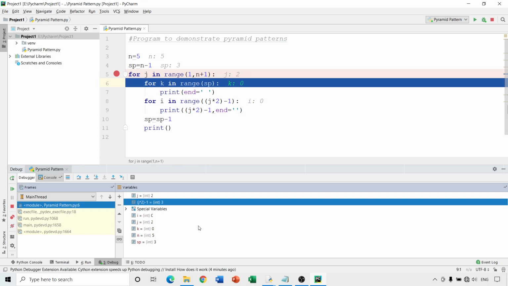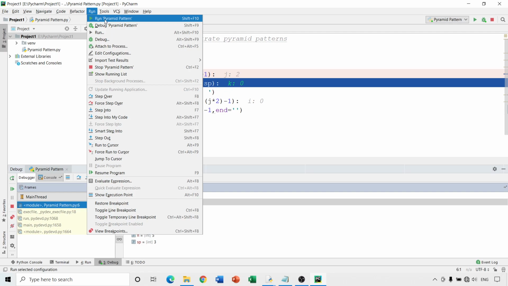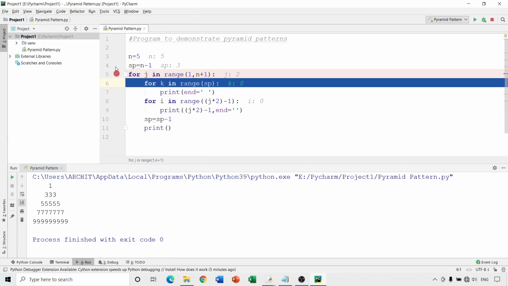So I hope you have understood how to install PyCharm and how you can use it. Say, for example, now I have understood where the error was, or that there is no error, and I want to execute the program. Then I can simply run over here, and to remove the breakpoint, I can just click on this once again, so the breakpoint is removed.